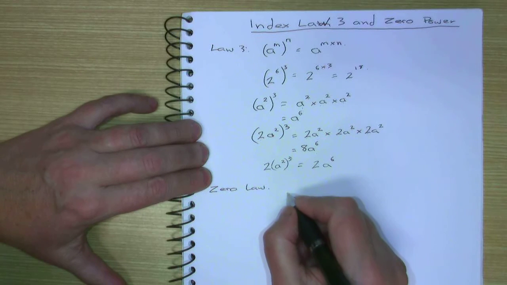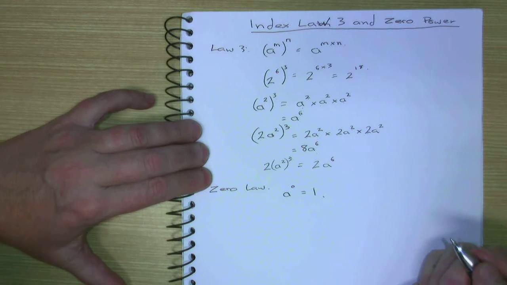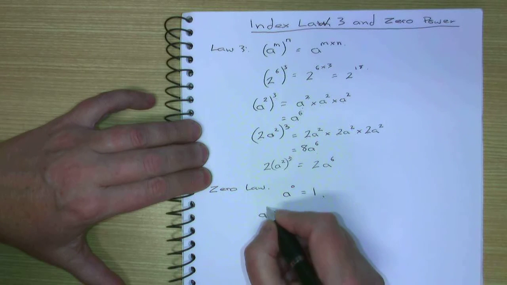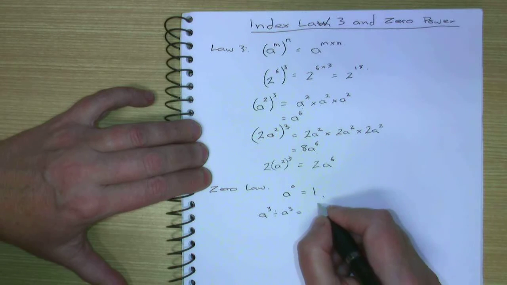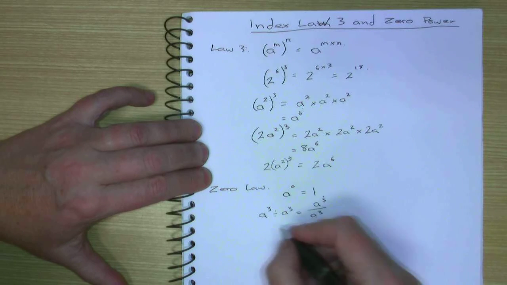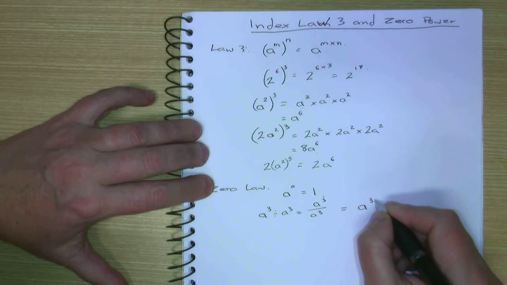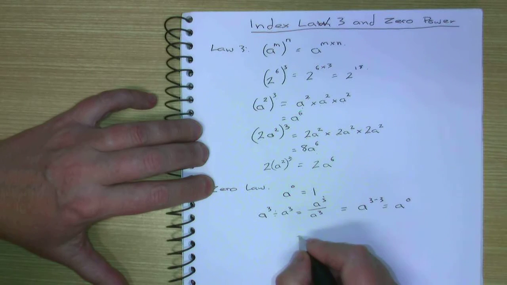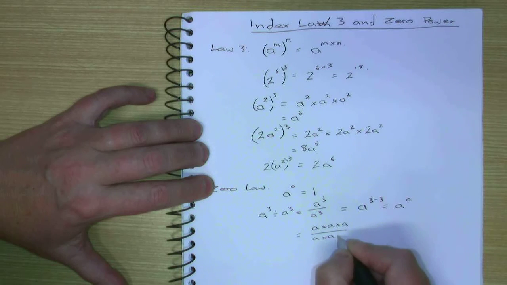The zero law says anything to the power of 0 equals 1. Why? If I go back to law 2 and I say a to the 3 divided by a to the 3, that would be the same as writing a to the 3 over a to the 3. And we know from law 2 that we would go a to the 3 minus 3, which is a to the 0. But if we take it here and I multiply it out, a times a times a over a times a times a,